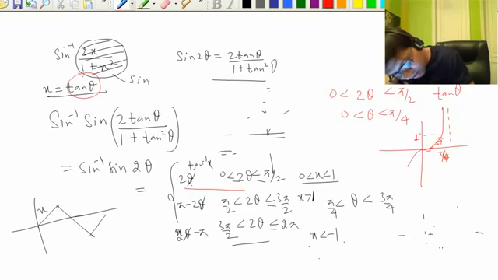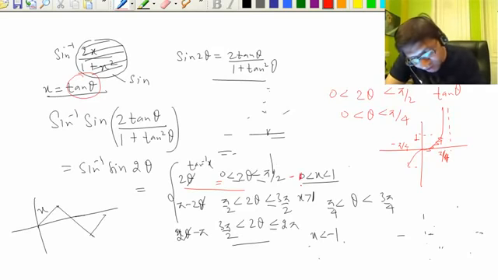Or in fact we can go here also. Actually we started from 0 now, that's the problem. Otherwise here it goes like this, from minus pi by 2 to pi by 4. It is 2 tan inverse x, so it starts from minus 1. So one way is understanding this with the help of the graph of sine inverse x, but you can